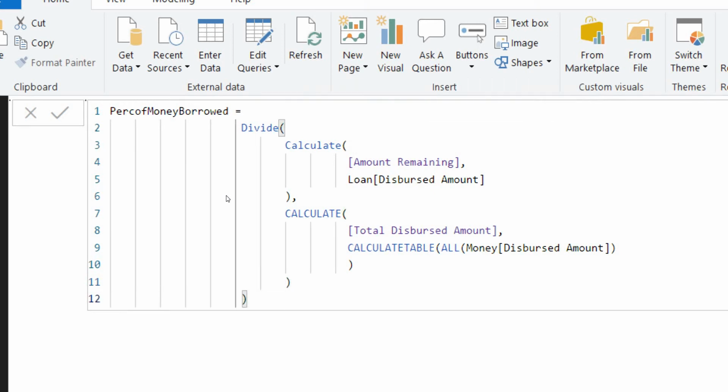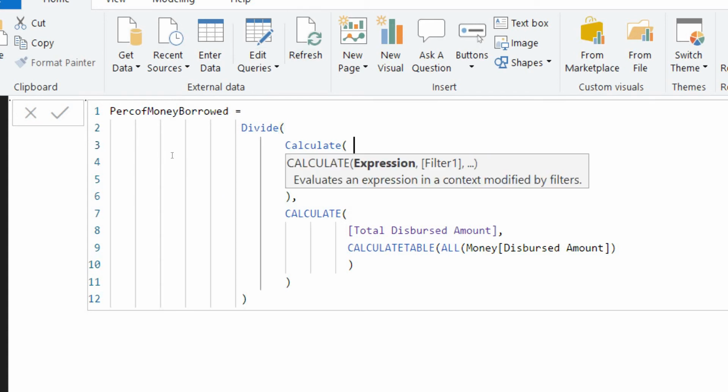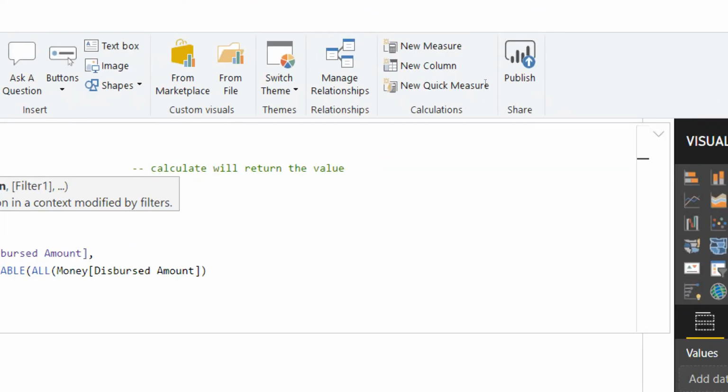Yeah, so this is how it will behave, and notice that I will write a comment in here that CALCULATE will return the value needed for the table in